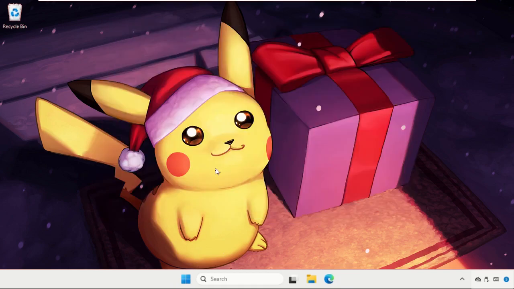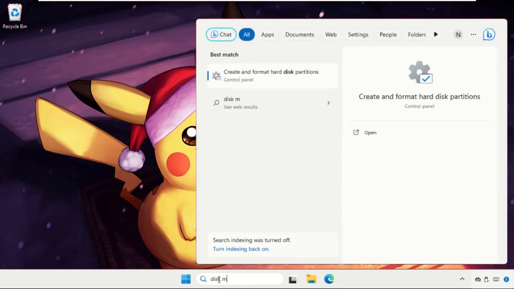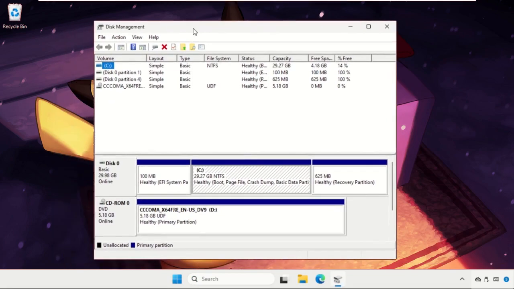Now close Windows and simply go to search bar, type disk management, create and format disk partition. So once we are here, we need to simply listen carefully. If you see the blue one, it's a primary partition. If you see the black one, that's unallocated, then simply right click on it and select